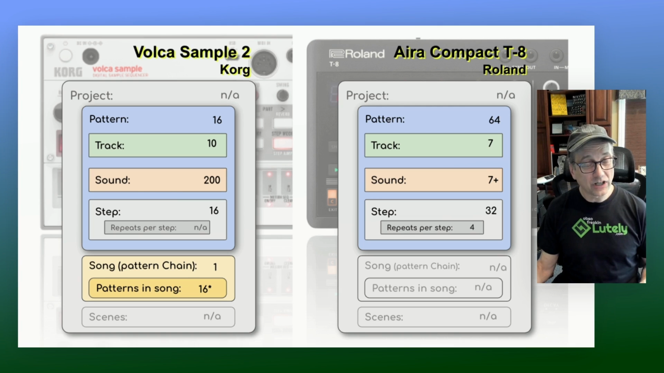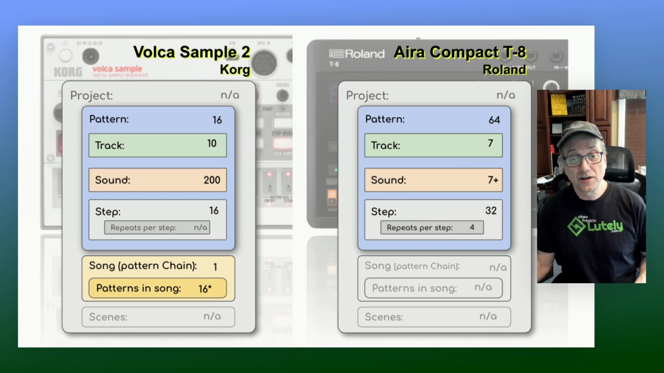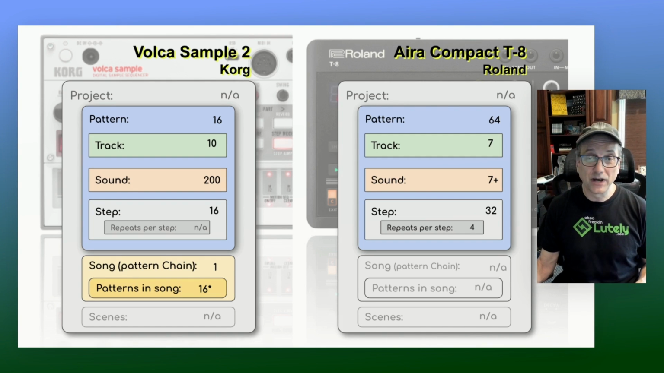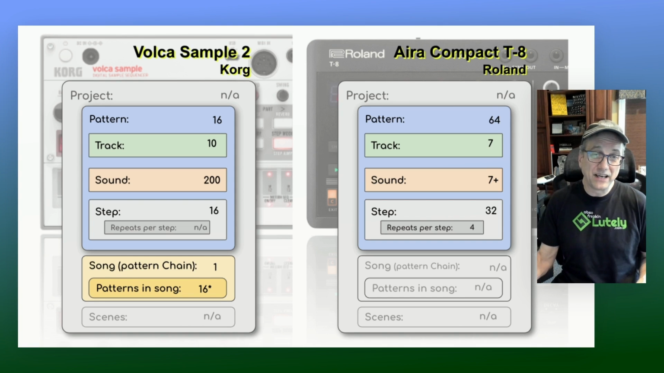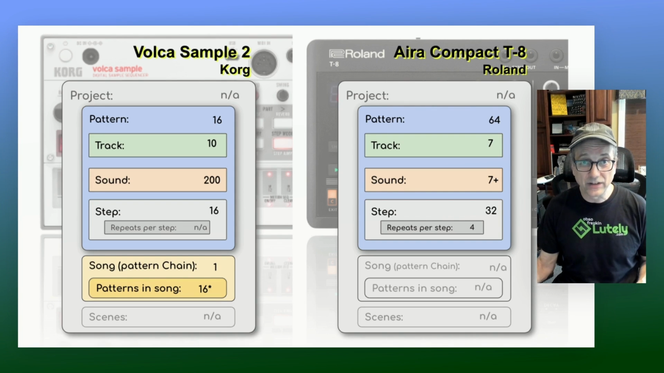Now, there's one more construct within step that I think is important to mention, and that is repeats per step, sub-steps. On the Volca Sample, you have no sub-step that I can see, but on the T8, you have the ability to have up to 4 sub-steps, which does give you some variation and really good options. So that's the content structure, and mostly the differences between the two is basically capacity